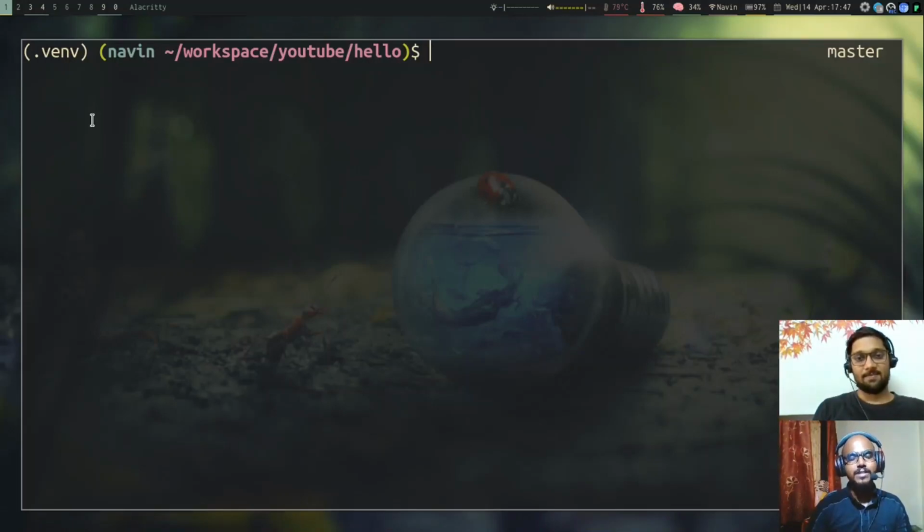Okay, so for the trick to work, we need two Python packages. One is called Pandas. Pandas is a very famous library which will give you tabular data structures to work with. And we also need lxml. It will help in processing XML and HTML documents in Python. So to install them, we are going to use Poetry, and we will use the command add, then the names of the packages that we want to install. So pandas and lxml.